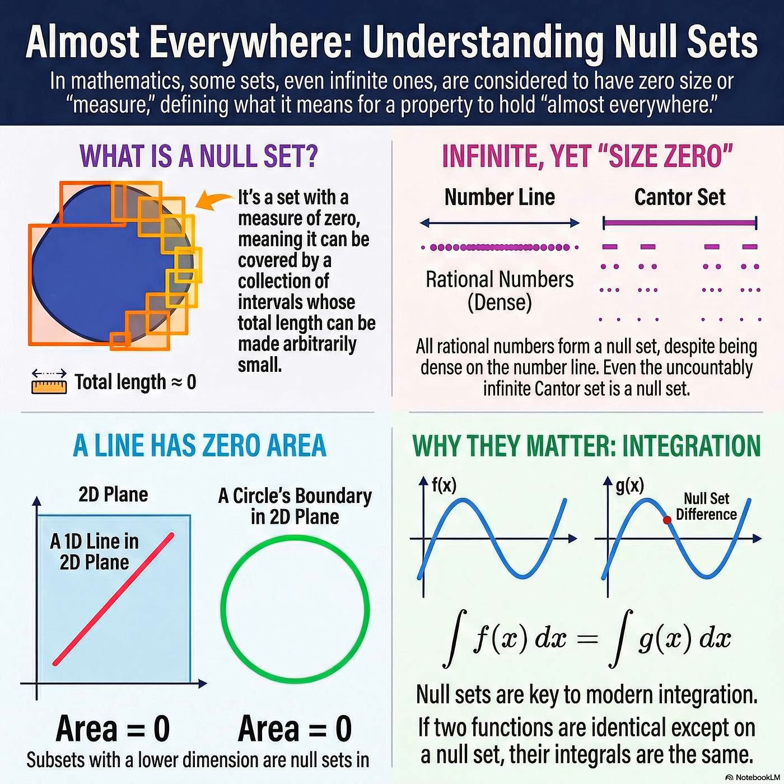It boils down to the technical definition. A null set is any set you can cover with a countable collection of intervals where the total length of all those little intervals can be made as small as you want. Arbitrarily small, less than any tiny positive number you can name. We call it epsilon. It's like you can catch all the points in a net that you can shrink and shrink until it's effectively gone. I see. So if the net can always be made smaller, the thing inside must have zero content.